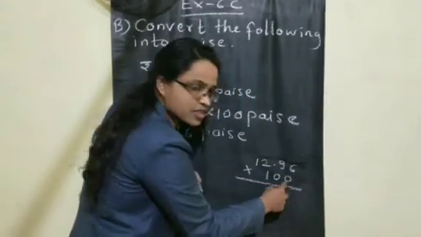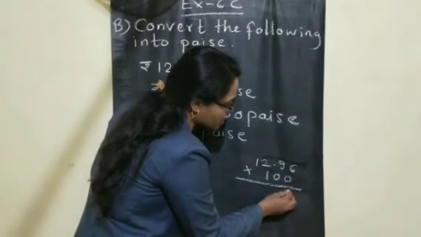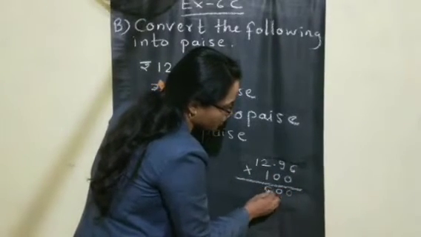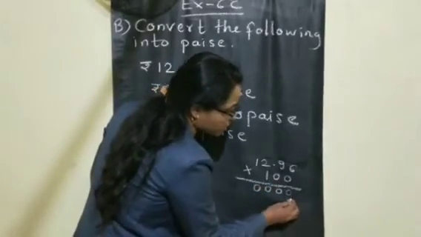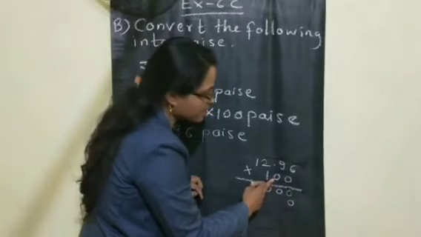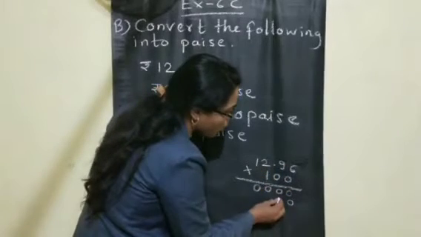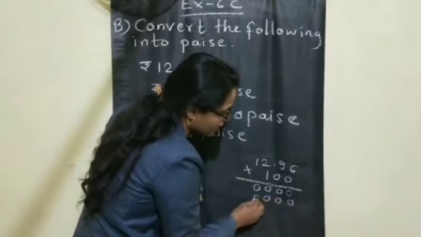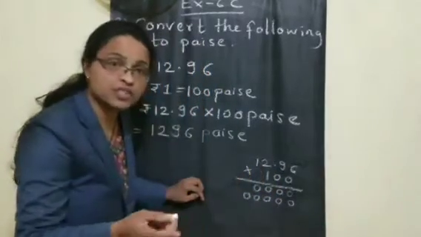If you do the first step with a 0, after multiplying all the numbers, you will get all zeros. For the second step, children, we are putting one 0 in the ones place, and then let us multiply with the tens place number. Again, tens place here is 0. So if you multiply all the numbers with 0, again children, you will get all 0, because multiplying any number with 0 is 0.